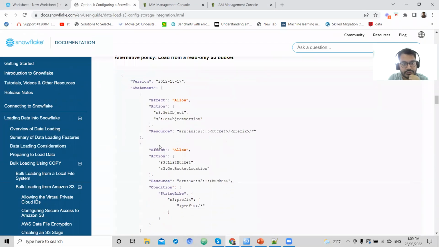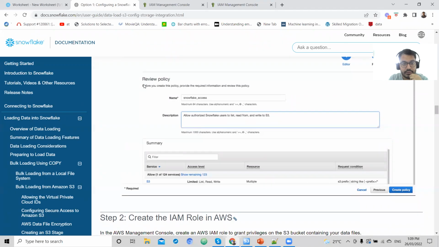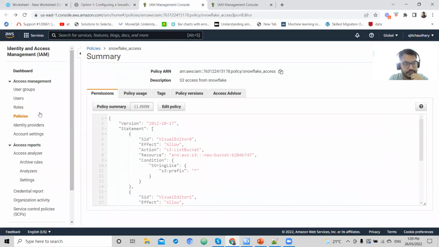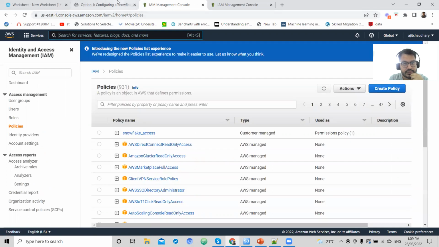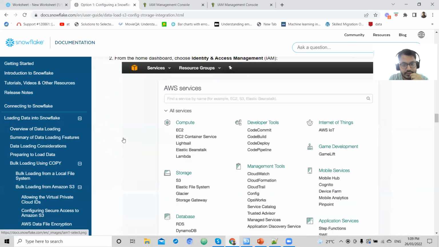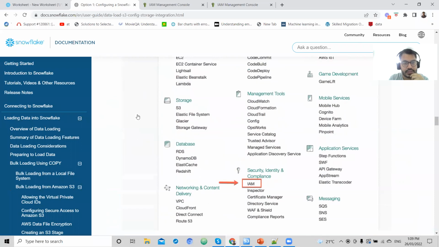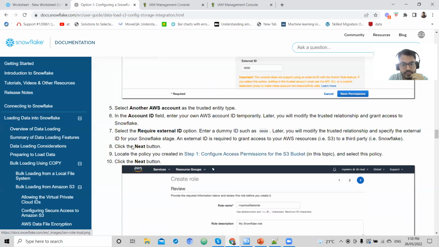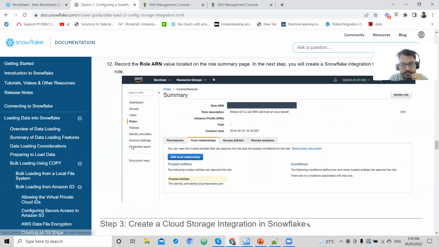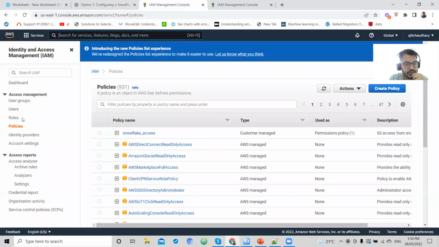Once we have that ready, the S3 policy is ready. I have already created my policy, so this one is ready. Then what we need to do is create an account. We need to go in role. Simply if we follow these steps, it is easy to create the access. So again, we need to create a new role. And then once we do that, if I go in role,